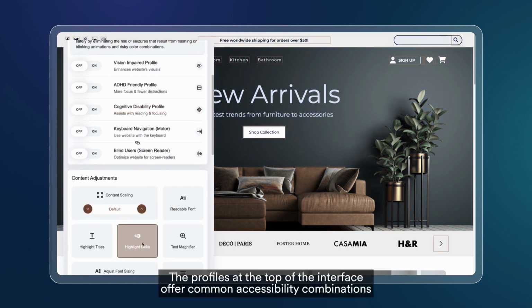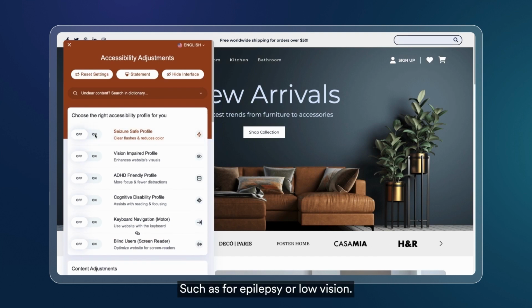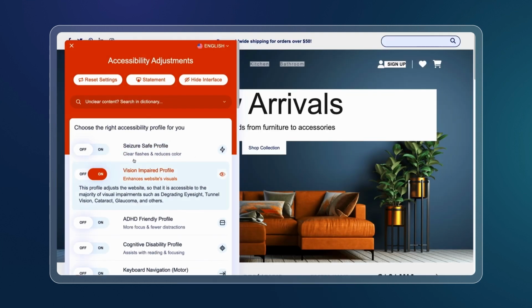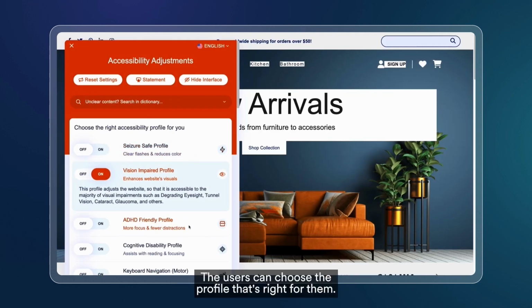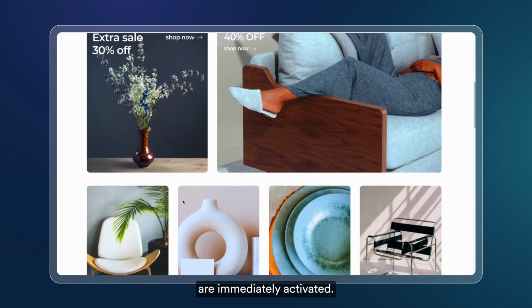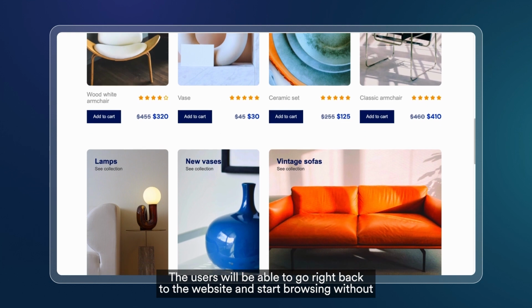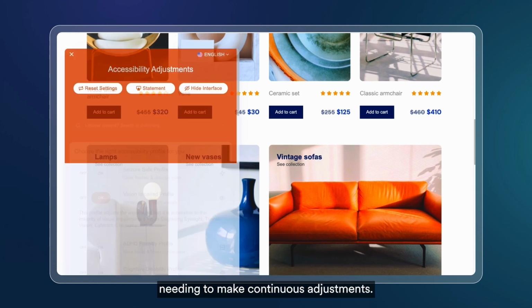The profiles at the top of the interface offer common accessibility combinations that address a specific disability, such as for epilepsy or low vision. The users can choose the profile that's right for them. Once the profile is selected, all relevant accessibility features are immediately activated. The users will be able to go right back to the website and start browsing without needing to make continuous